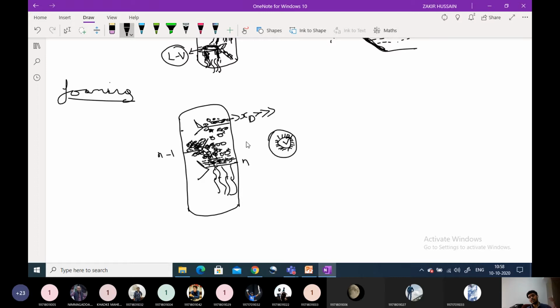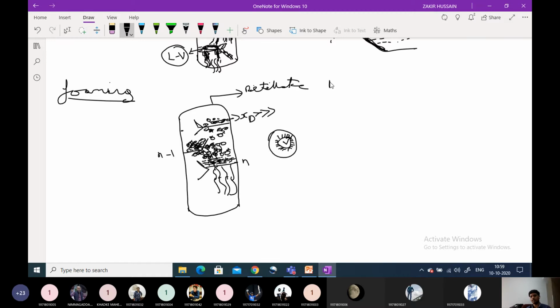When the foaming is very, very high, then what happens? This foam will reach the next plate above. When it reaches there, this foam will contaminate the more volatile component which is on the above plate. That will result in contamination of the distillate, the output distillate. So this will reduce the efficiency of the plate, and at the maximum extent it will reduce it greatly.